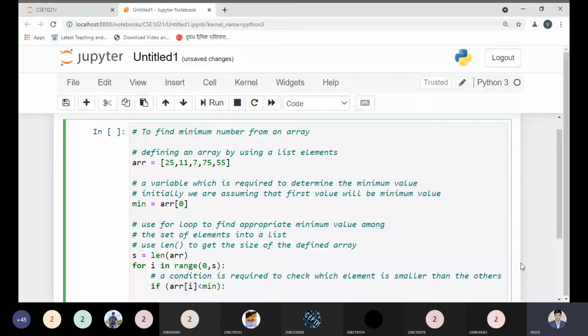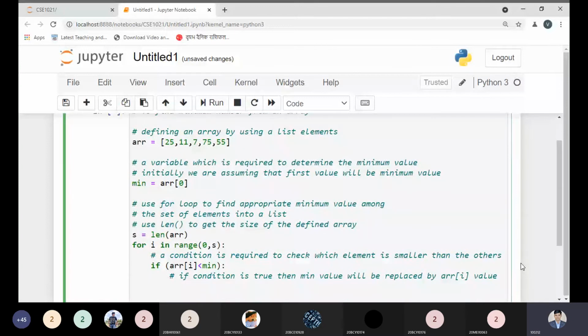If it is so, by this condition, then what is happening? If the condition is true, then the minimum value will be replaced by the arr[i] value.